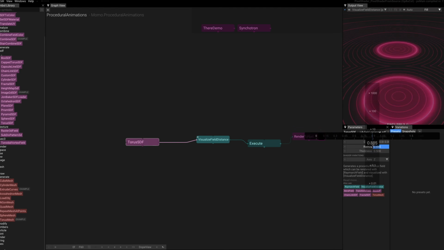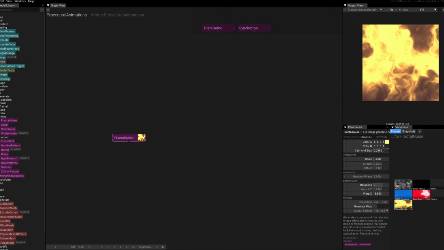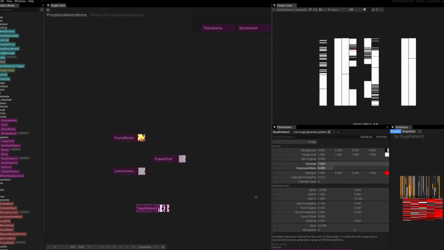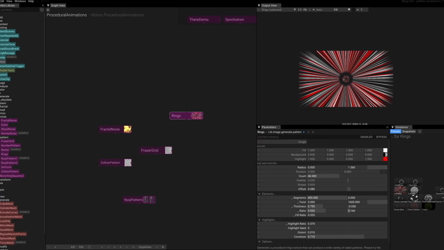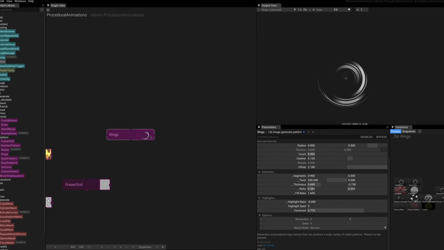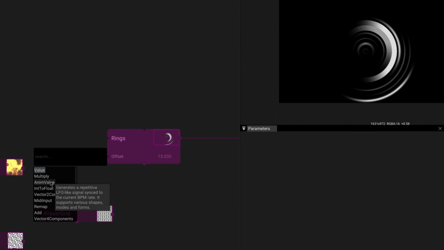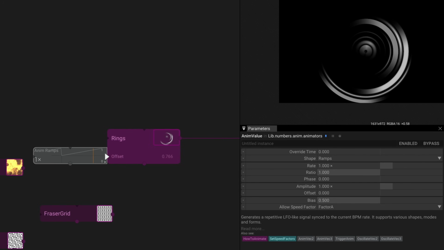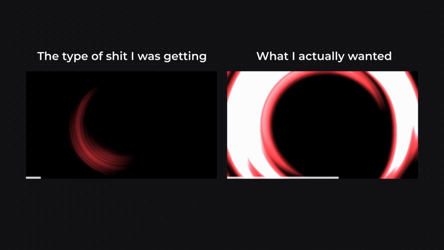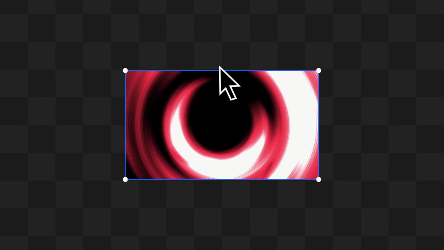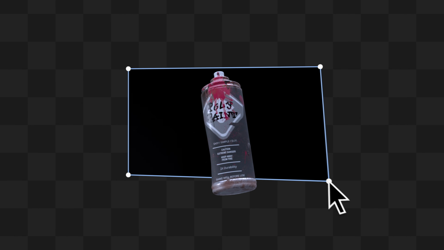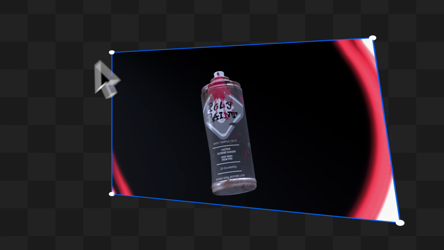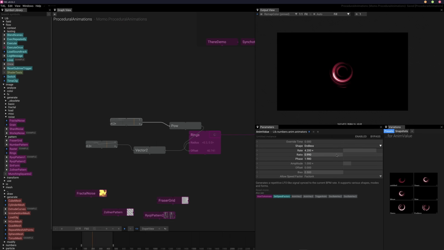So I tried creating something completely procedurally animated. Again, the generative nodes allowed me to quickly get good looking results. This time I completely stuck to the anim value node to animate my creation, but again I had issues because I wanted to add impact to the animation without it looping infinitely, so I could export it as a video and then process it further in other software. But I had a really hard time trying to achieve this without using keyframes.